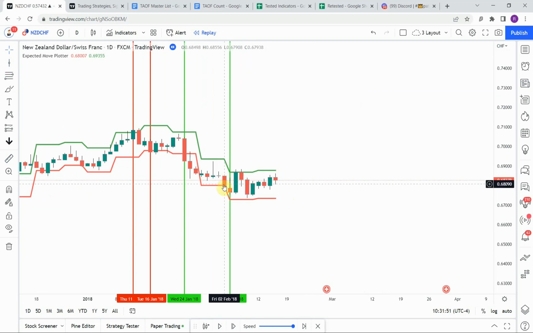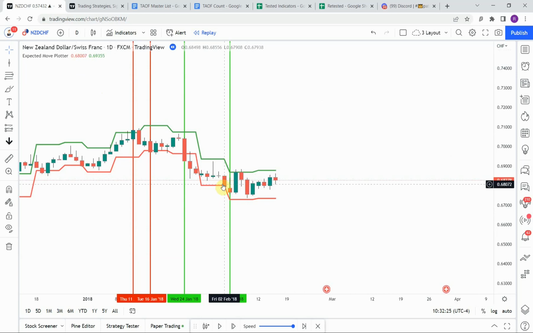All right, so we were looking at this one right here. It's kind of hard to tell whether or not this was actually a break and close below that lower line. And so what I was looking at was the coordinates right here above where my mouse is. You can see that red coordinate and the green coordinate. And so that is giving us the exact price that the red line and green line was anywhere we hover our mouse over. And so if we mouse over that particular candle right there and we look at those coordinates,